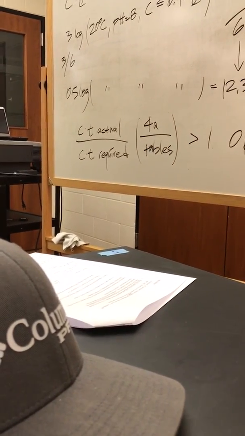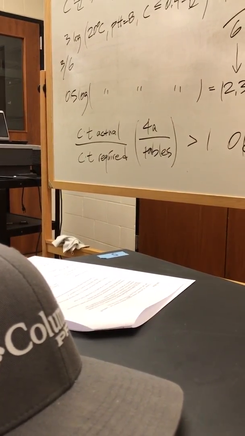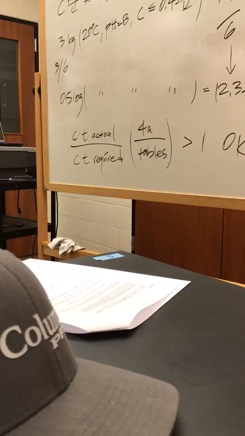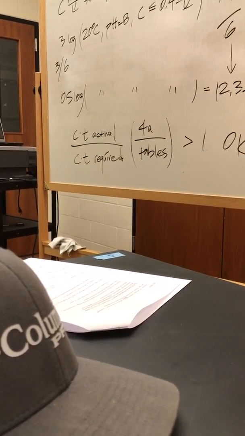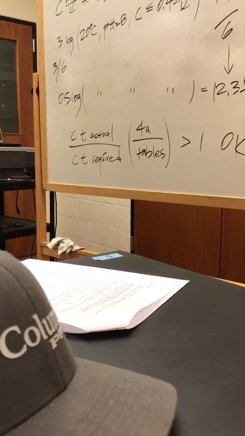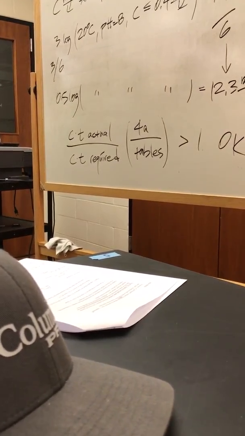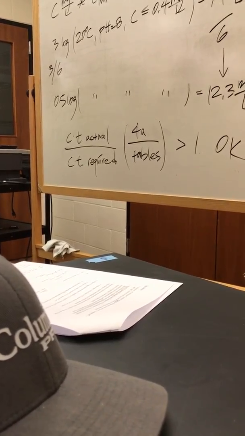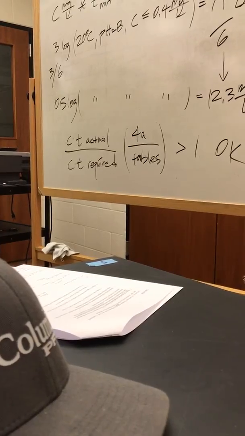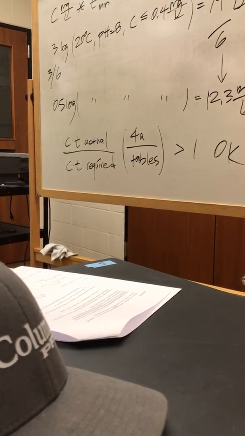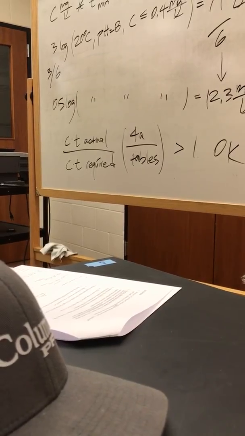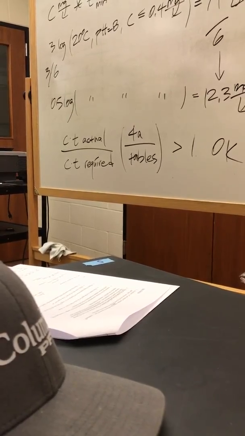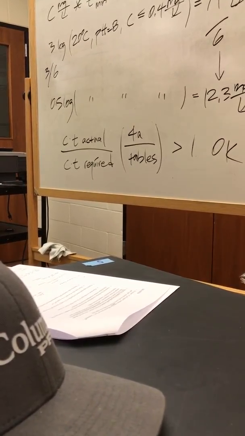And we'll talk about this after we do the lab and you get your numbers up there on the board. We're going to walk through how you're going to calculate these 3 or 5 data analysis problems. But yes, we're going to use the 0.5 log. The 12.3 milligrams per liter, a pH of 8, 20 degrees. And then we're going to compare that, that'll be your required. The actual will be the number you get in your testing that you're going to have on the board, based on 25 minutes. So you're going to use your concentration, multiply it by the same amount of time that they give you in this problem, then use that as your actual, divided by the required that's given,